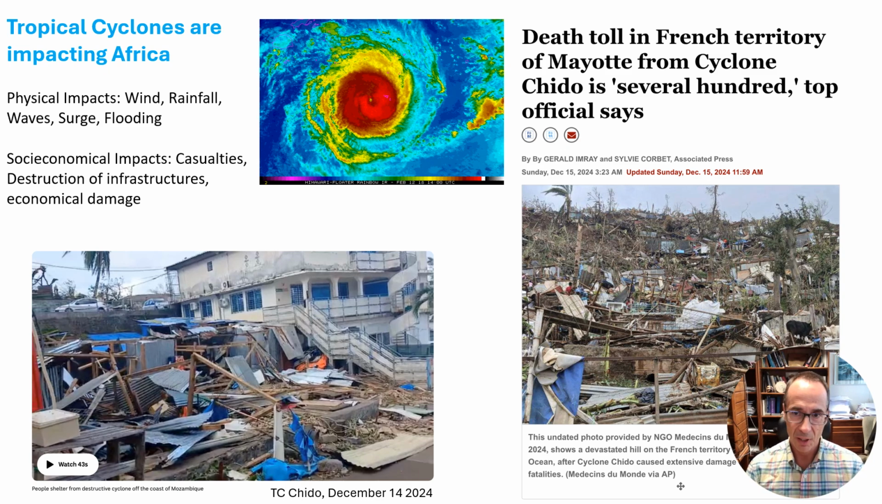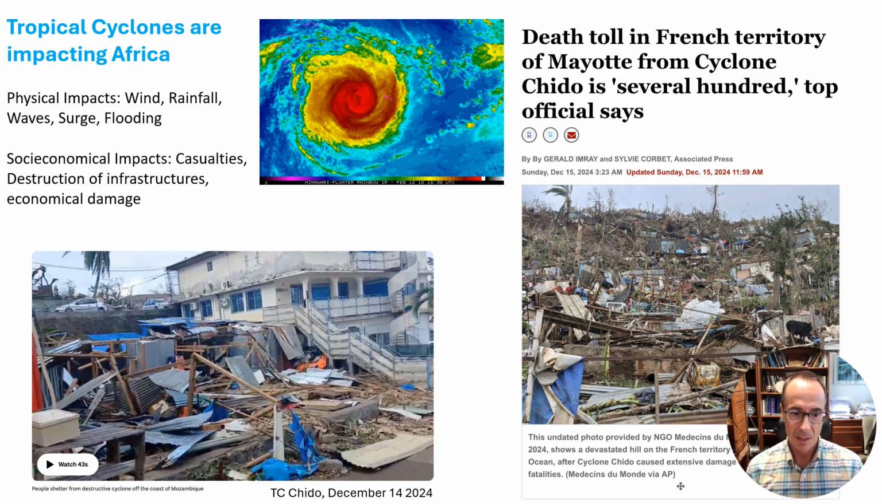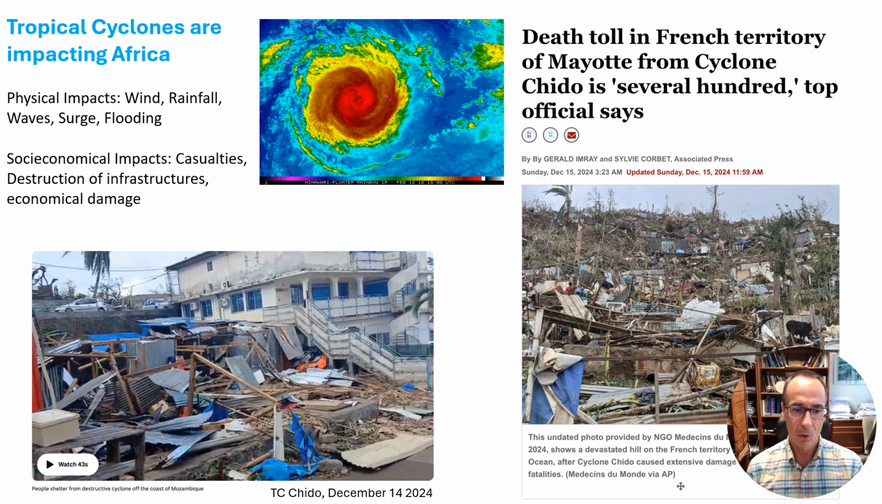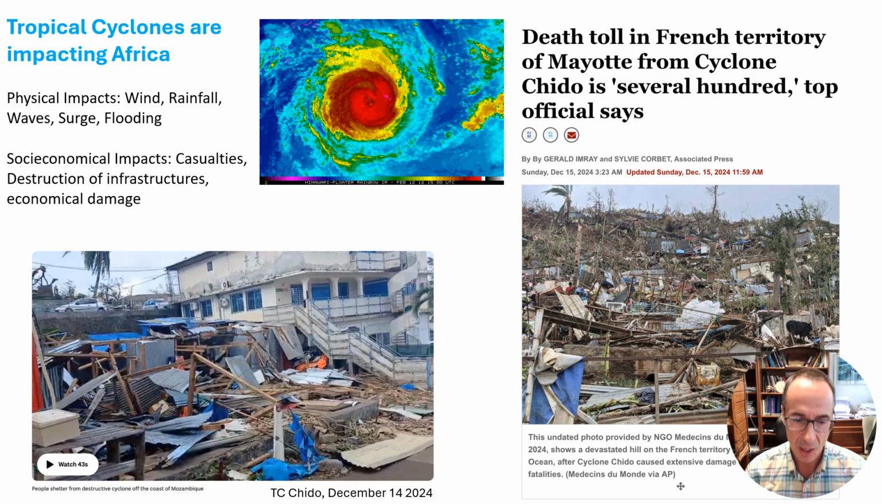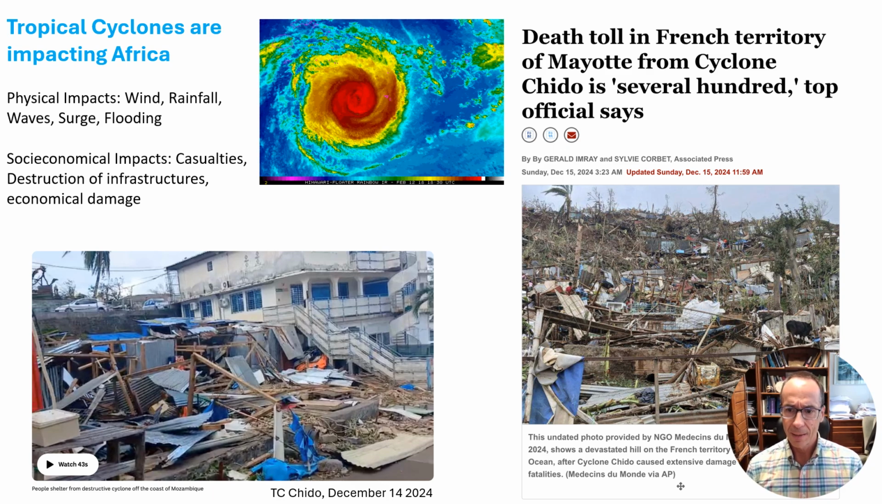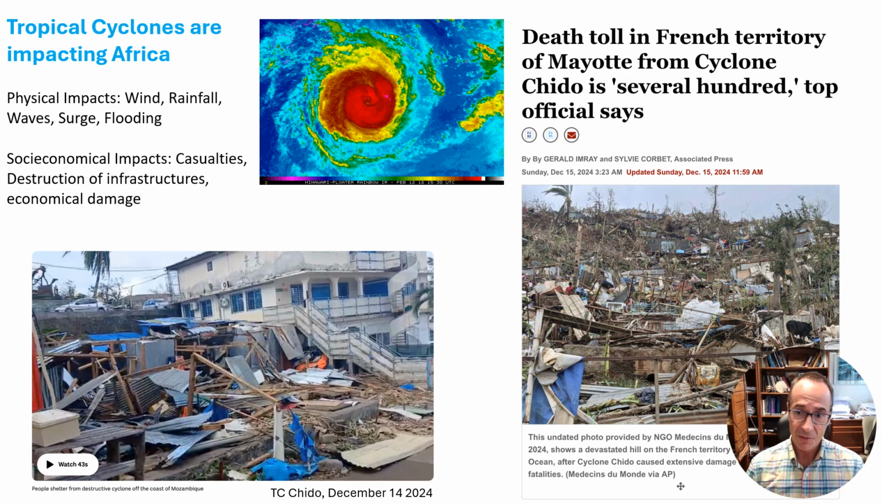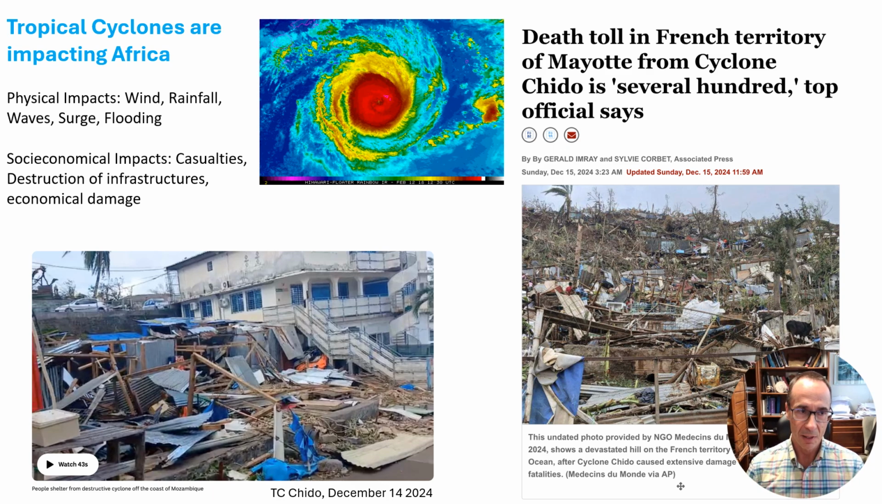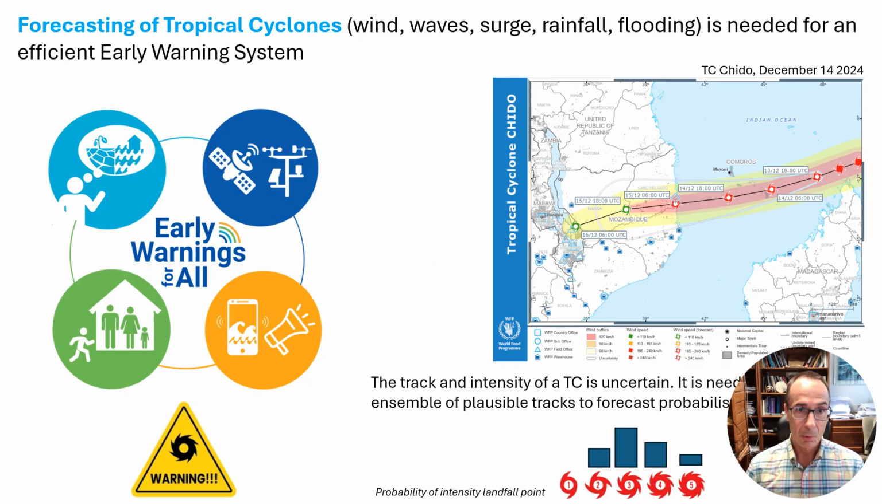As an example, in these pictures, you can see the effects of tropical cyclone Chaido last December, with a lot of damages in infrastructures and casualties. So the forecasting of tropical cyclones, the wind, the waves, the surge, the rainfall, the flooding is needed for an